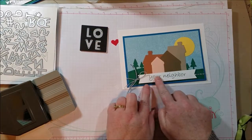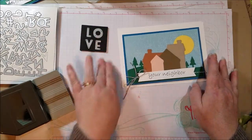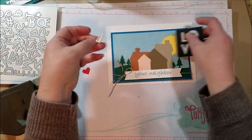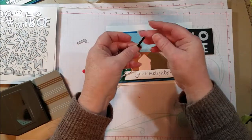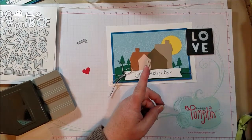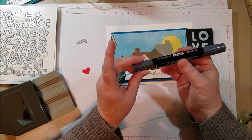Okay, so I liked having this down first because then it's going to help me line up my word love. So now, let's go ahead and use those. Now they have the stickiness on them. Now what I like to do with this, and I'm going to show you real quick, this is optional, but